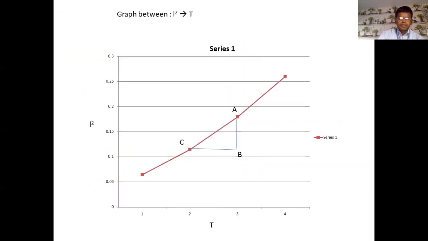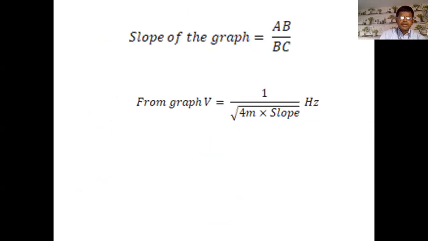Now after putting in all the values, you will find one straight line. If a straight line is not possible, then any two points you connect with a straight line, and then you plot a slope between the two points, looking like a Pythagoras triangle. So definitely at that time you find the equation slope is equal to AB by BC, because this formula we used in some practicals in last year's 11th science.